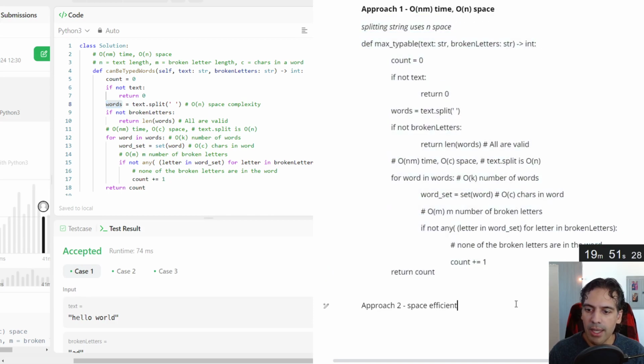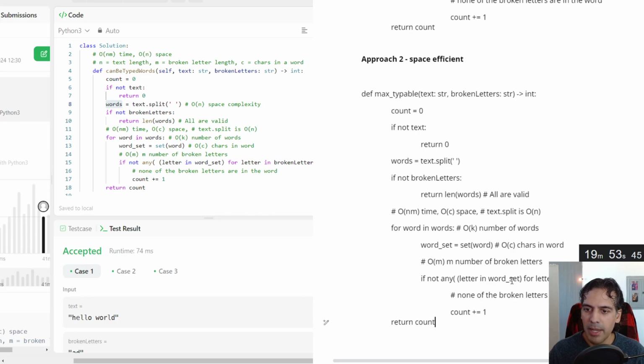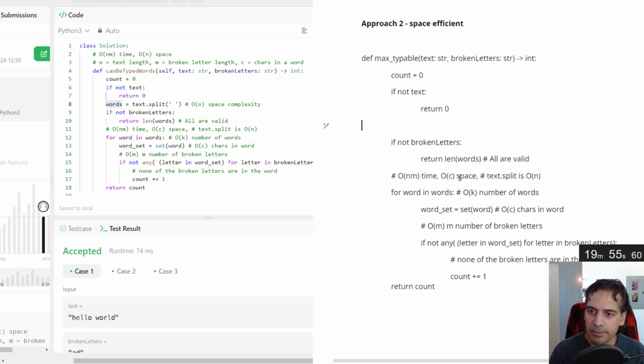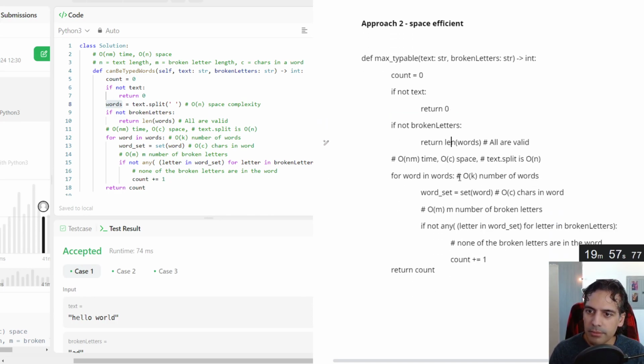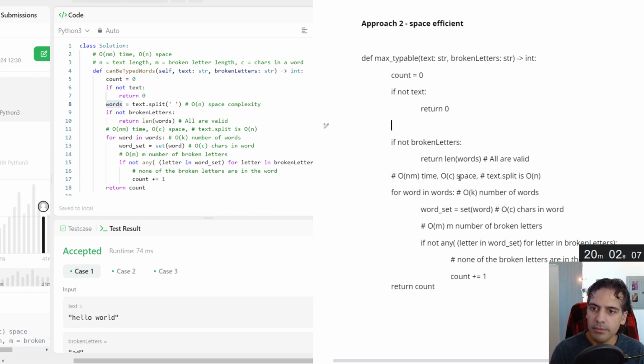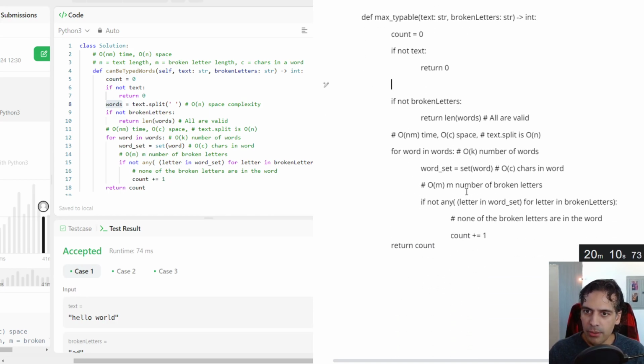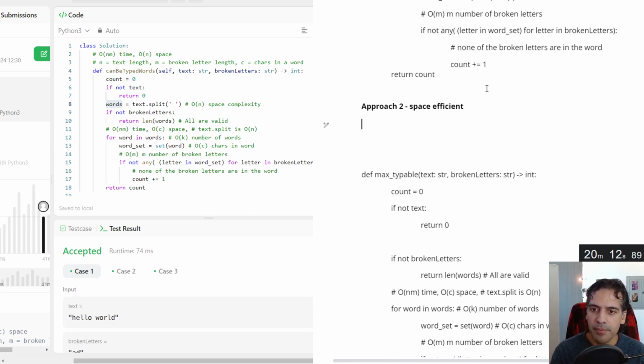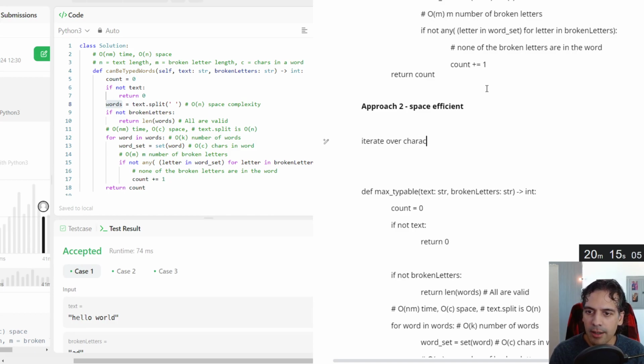And the way I'd like to do that is by, instead of breaking up the word, iterating over characters in text.